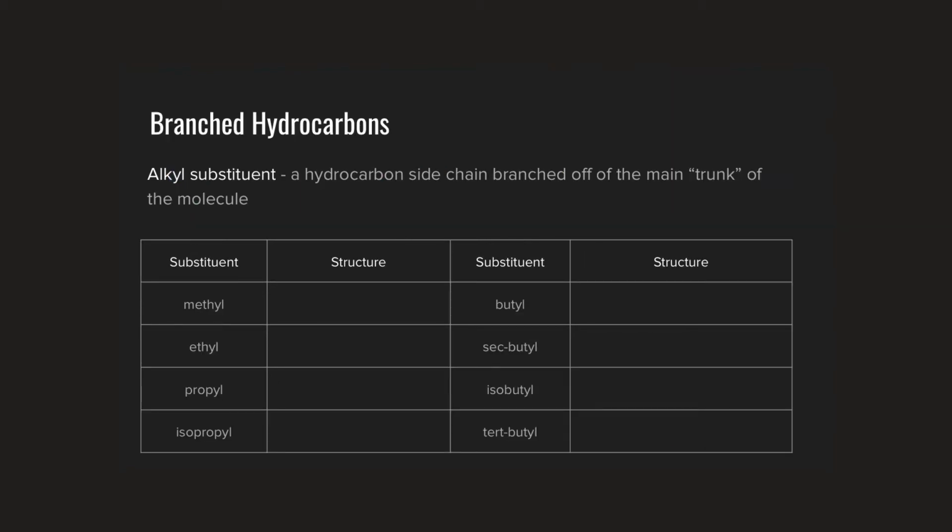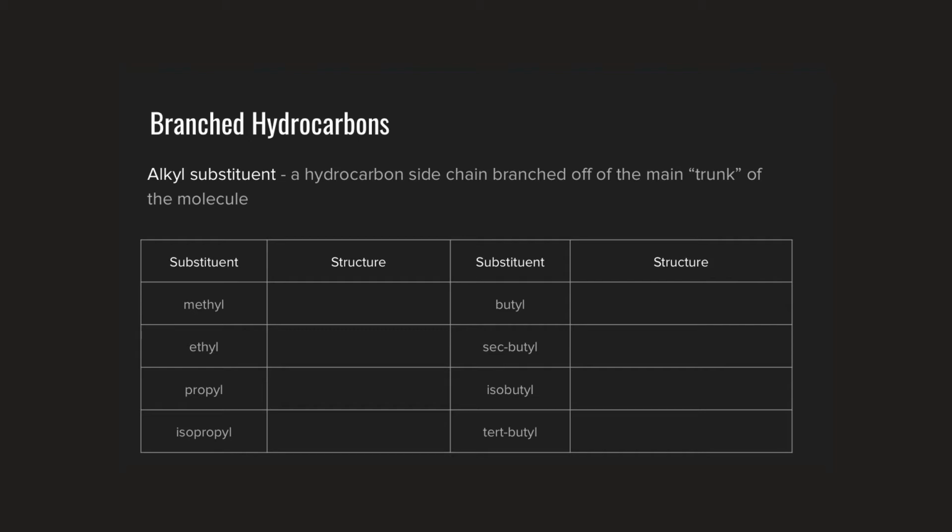Now, as we just mentioned on the previous slide, we now know how to name the straight chain hydrocarbons: alkanes, alkenes, and alkynes. But one of the amazing things about using carbon as the backbone of our molecules is that because carbon has those 4 valence electrons, it can form up to 4 bonds with other species, and they don't always have to be hydrogen. We can bond carbons to other carbons, and as such, we can form enormously large branched molecules off the main